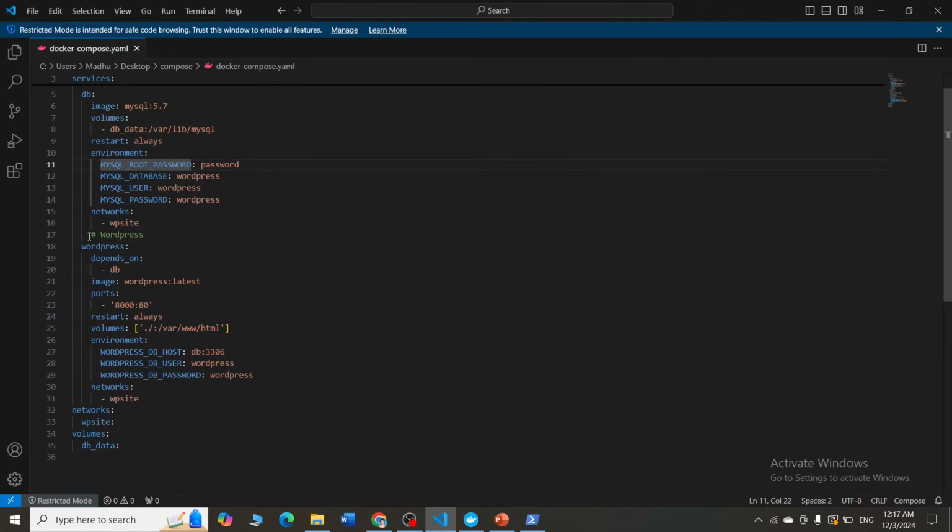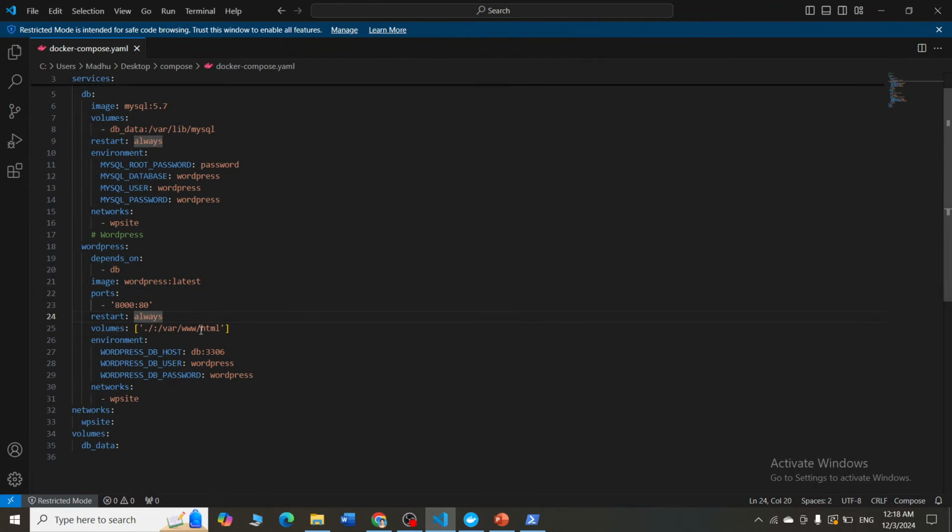And after that, this is the WordPress. So again, here also you are telling that you have to configure the WordPress container here, right? You are giving the name of the container as WordPress underscore container. You are mapping it to the 8000. That means your WordPress will be running in localhost 8000, and this 3306 is your port number of your MySQL, which will be running in the backend.